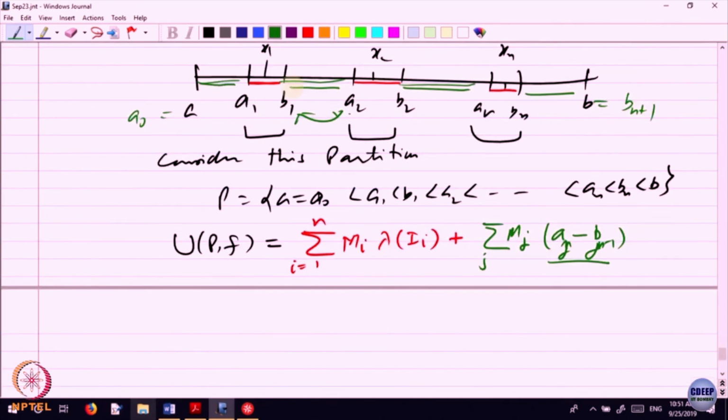Now, in the red ones, I do not know what is the value of the function, right, but I can cite some constant m, since the function is bounded, right, bounded by m, times the sum of the lengths of Ii, over all the intervals. The maximum value in each sub-interval is less than or equal to the maximum in the whole interval, right, plus